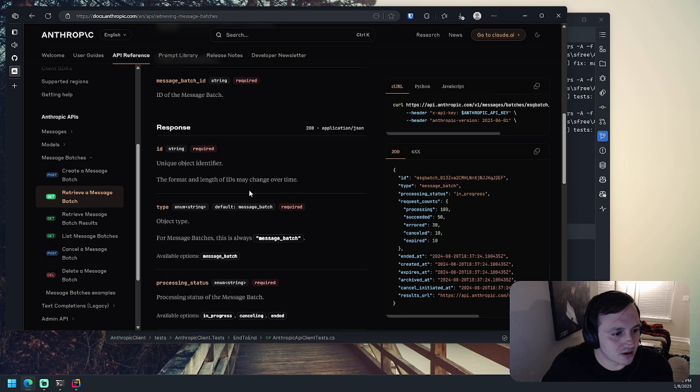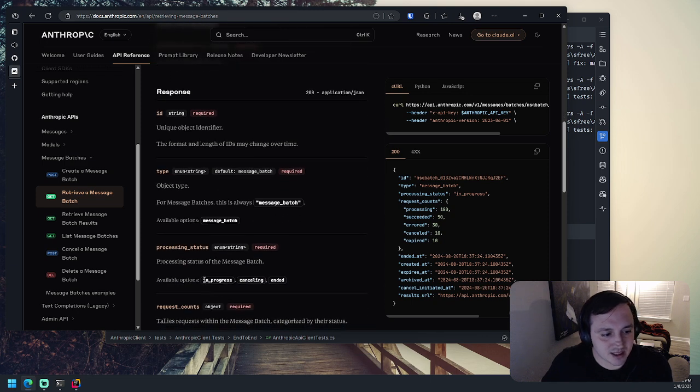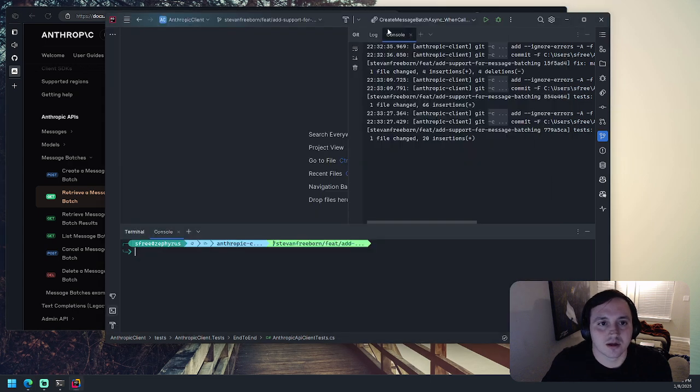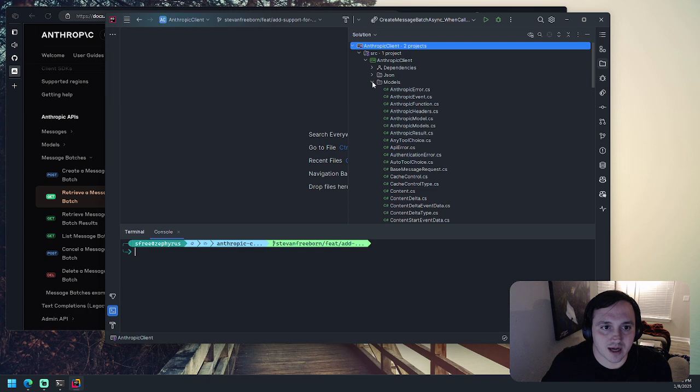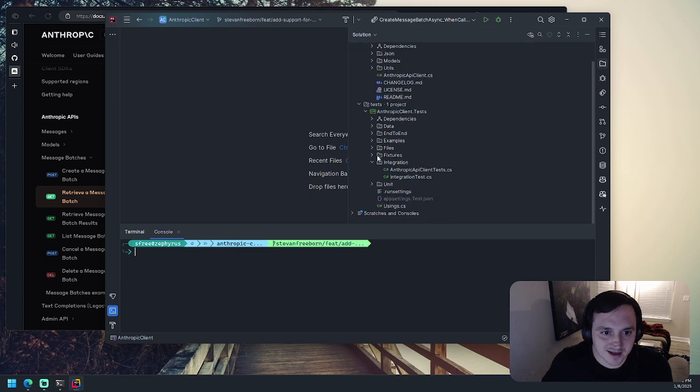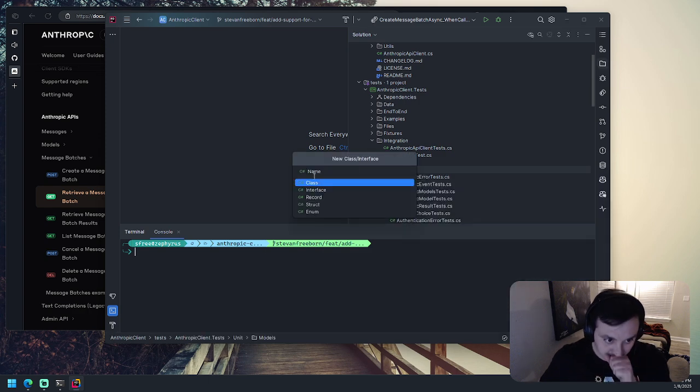So let's add a class to represent these. That might be nice for people. So let's just go into our models. Let's see, not in our test project, in here. So actually, let's do it. Let's try to stick with good test-driven development. So let's go into our unit tests. Let's add a new test class. This is going to be called message, excuse me, message batch status